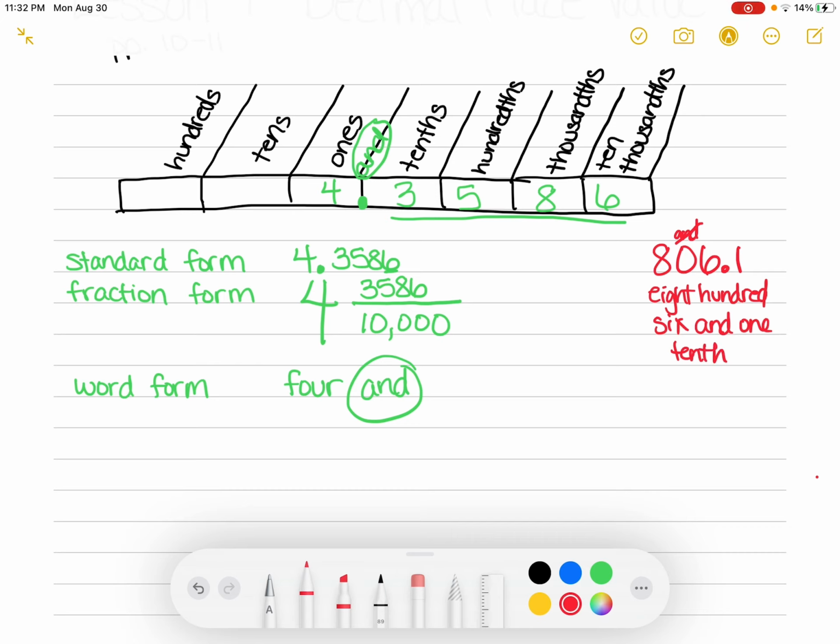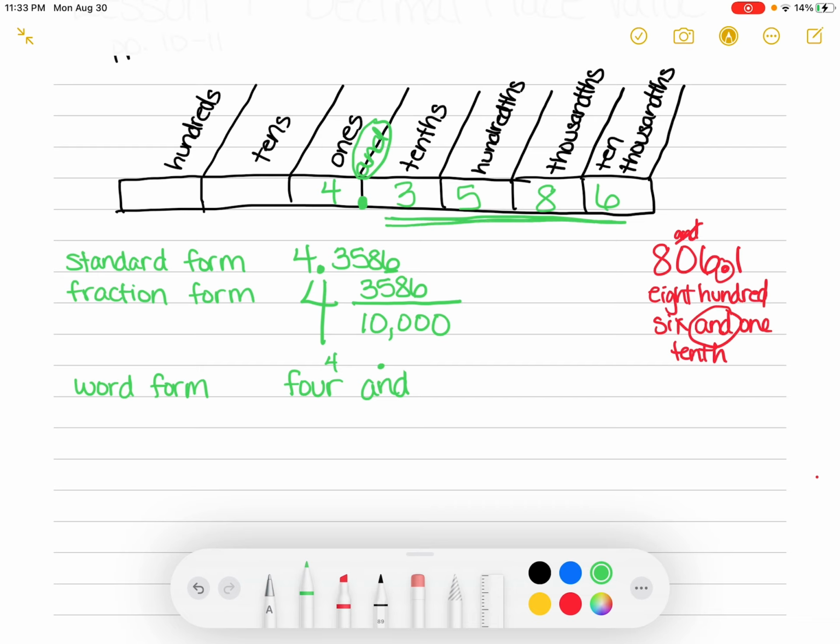Okay, so I got a little bit past what I was going to say, but I want you to see where that "and" is. It's supposed to be right where the decimal point is. Okay, so let's go back to this word right here. We had 4 and, remember, "and" is your decimal point, so 4 and then we're going to write out